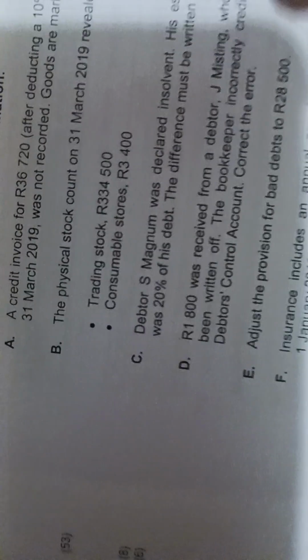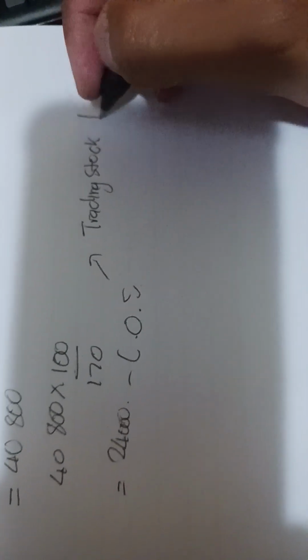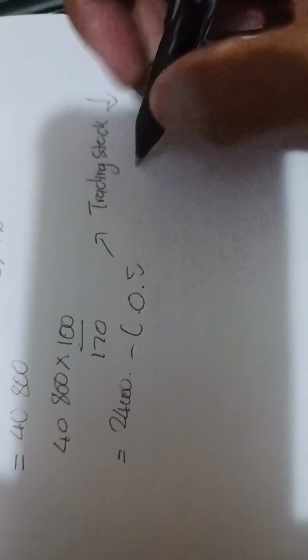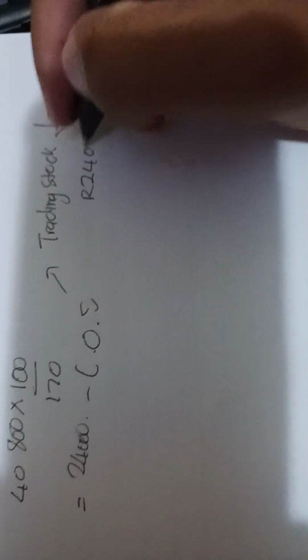So remember, you have to do a full analysis of this. So your trading stock decreased by 24,000 Rand. That's what you have to take note. Now it says,